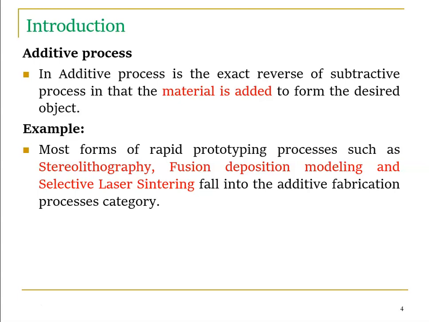Remember one thing, 3D printing we have a variety of names like RP. RP stands for rapid prototyping. So rapid prototyping, additive manufacturing, CAD manufacturing, direct manufacturing, layer manufacturing. This all comes with the additive. So we have variety of names, right? So the stereolithography, it's a liquid based RP, liquid based rapid prototyping system. Fused deposition modeling is the solid based RP. Selective laser sintering is the powder based RP.